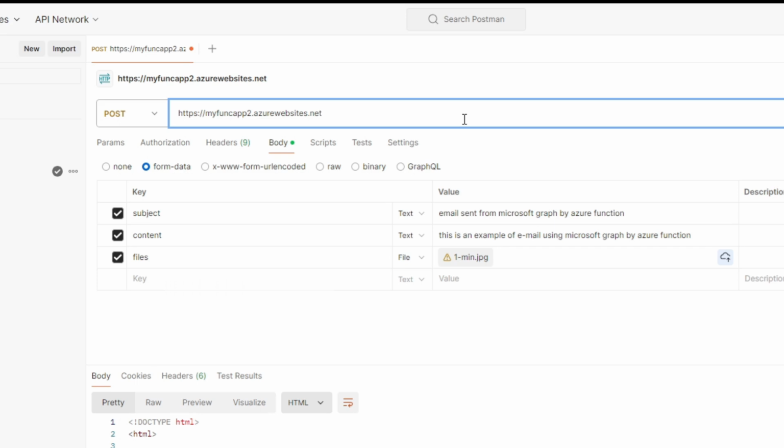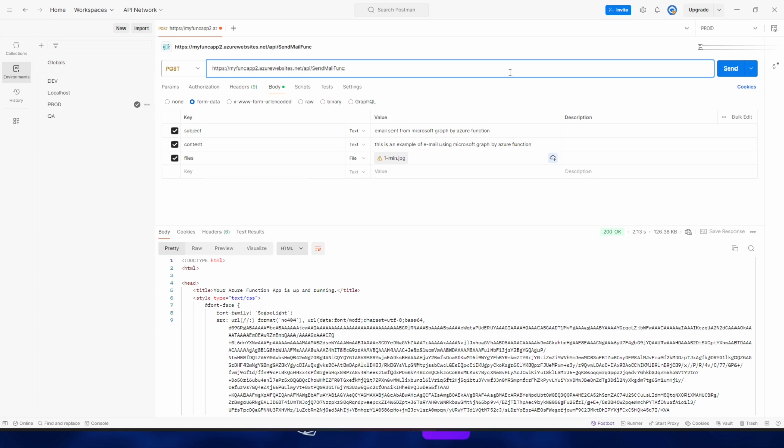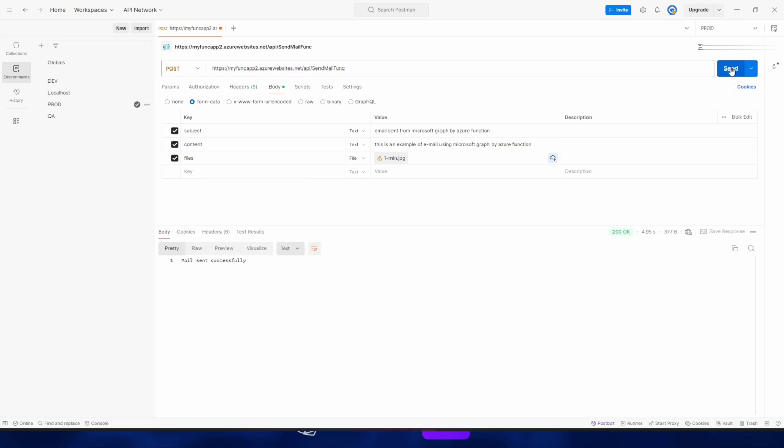Sorry, it's necessary to maintain the endpoint, so change it here to the Azure function URL, and next it's necessary to have api/SendEmailFunc. Click the Send button again. Okay, email sent successfully. In my personal email we can see the sent email, and here we can check the subject, the content and the attachment of our email.